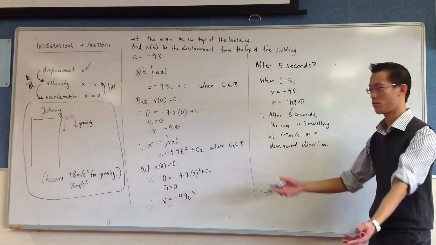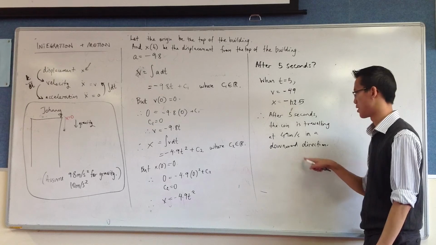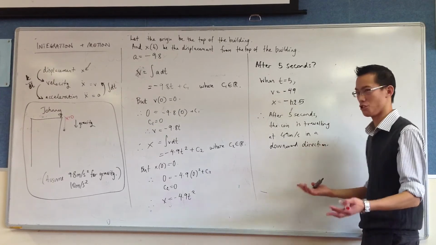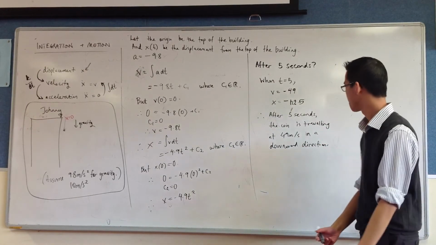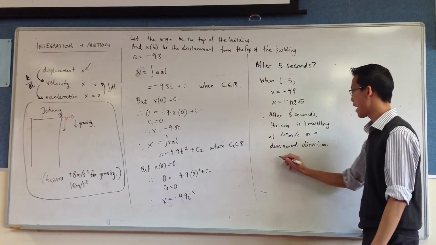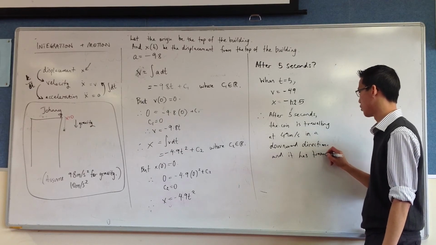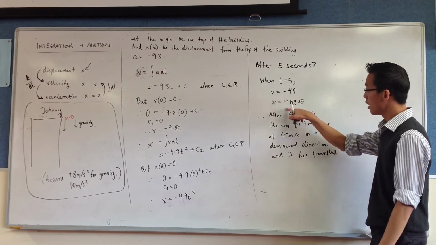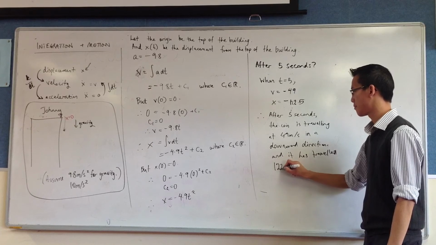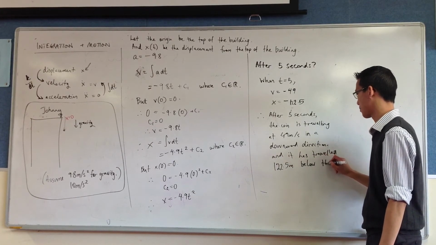I think that's a little bit better than saying it's traveling at minus 49 meters per second. Some people will let both through, but I feel like, because we're saying everything else in words, why don't we say this in words as well? I mean, the reason why we don't write minus 49 is because you don't get any more information out of it. Okay. After 5 seconds, it's traveling at that speed, and it has traveled, or it is, 122 and a half